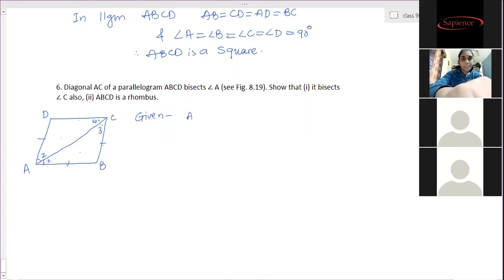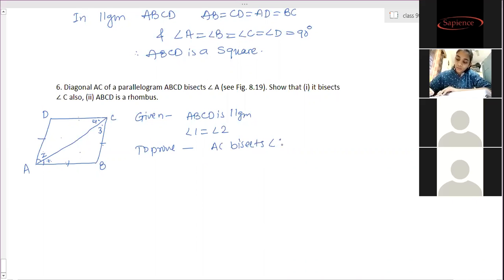Given: ABCD is a parallelogram, angle 1 is equal to angle 2. To prove: AC bisects angle C, and second, ABCD is a rhombus. Proof. Ma'am, ABCD is rhombus. Oh, yeah, sorry. It's rhombus. Now the proof is